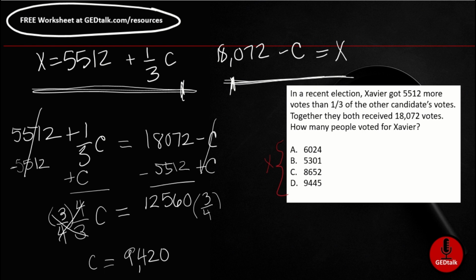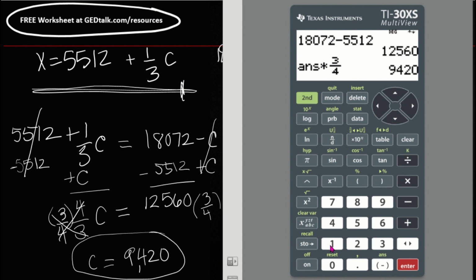So the reason I say that is because this is the amount the other candidate got. We need to figure out how much did Javier get. So go back up to the total, which was the 18,072, and subtract the 9,420 from that. And go ahead, bring up your calculator, folks. I'm going to do